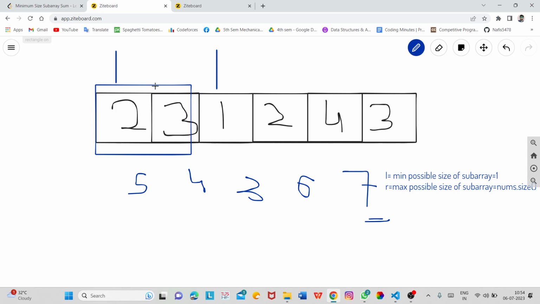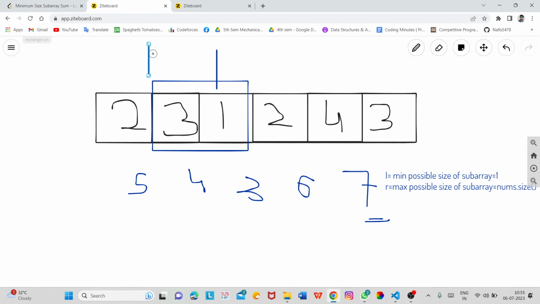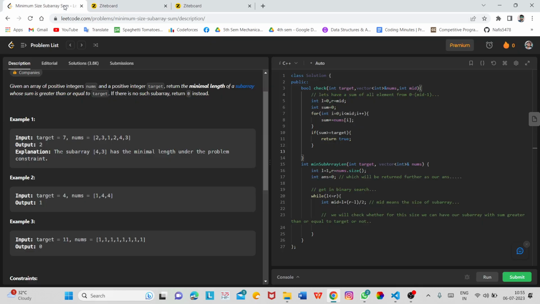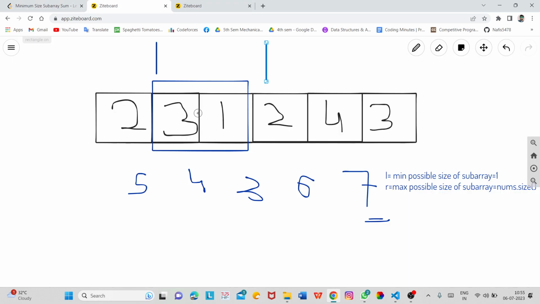Whenever we are moving this window forward, we are increasing the value of L and R. So L will be increased and R will also be increased. Up to what point do we have to move this window? Up to when R is less than nums.size().